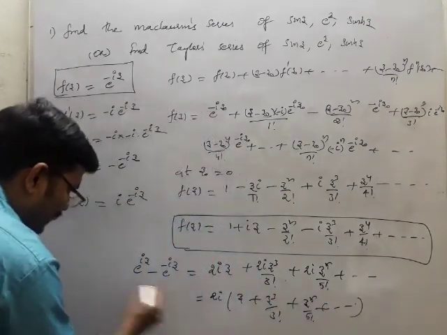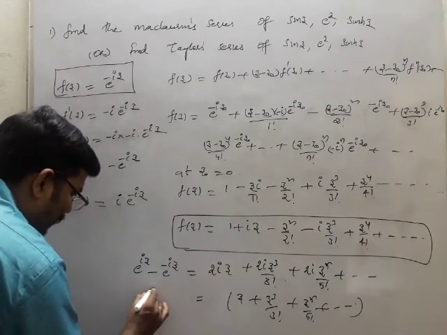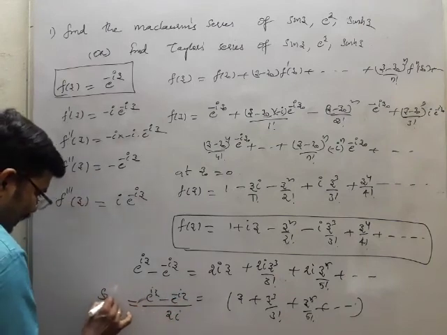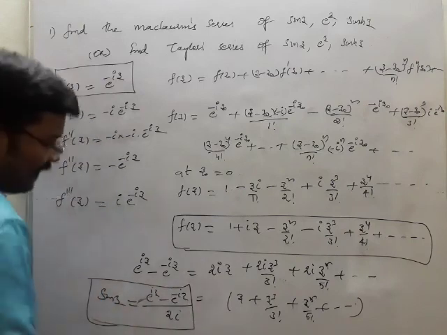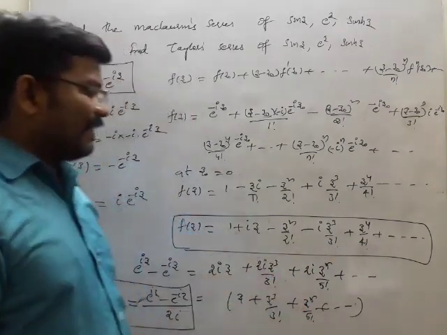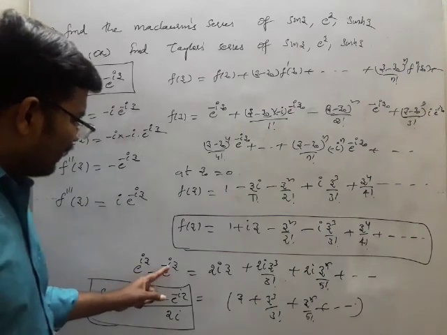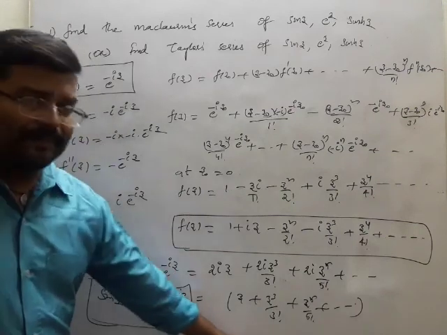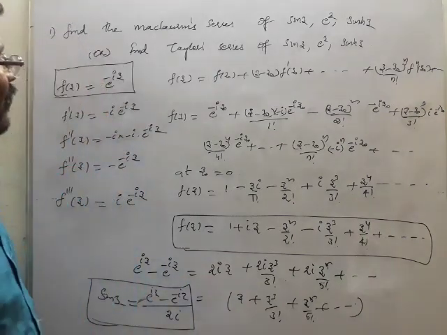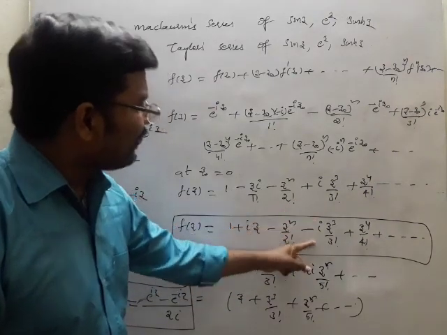and so on. Now if you change this 2i to this side, that becomes e power iz minus of e power minus iz by 2i. This entire value is nothing but sin z. So sin z is nothing but z plus z cube by 3 factorial, z power 5 by 5 factorial plus, and so on. If you subtract e power iz minus e power minus iz by 2i, that is nothing but this. So therefore the value of sin z is this, obtained with the help of Taylor's theorem.